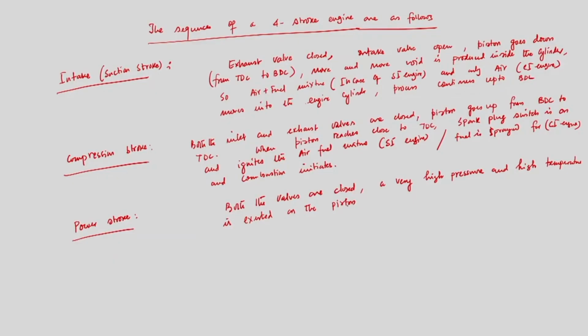So maybe the piston continues to travel from TDC towards BDC and combustion will be completed. Now in the power stroke, both the valves are closed, and a very high pressure and high temperature is exerted because of the combustion on the piston face. This is very important, and this creates a thrust on the piston face, a thrust on the piston face, and because of this